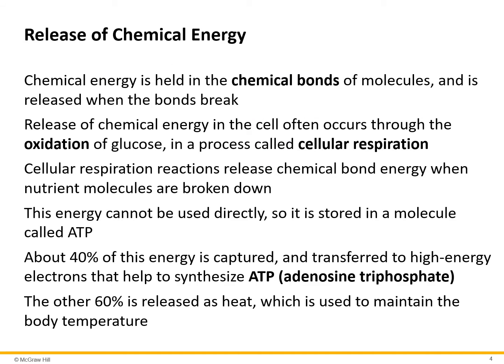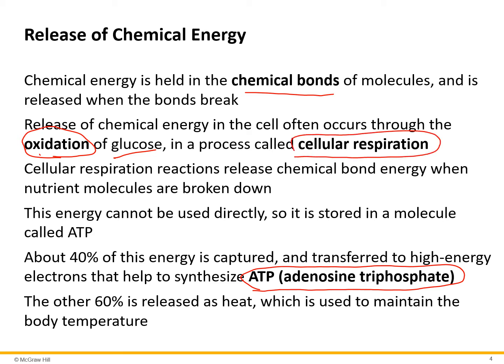So, chemical energy is held in chemical bonds, and the main molecule of energy we have is this thing called ATP. We're going to look at it a little bit. But anyway, the chemical energy in a cell usually comes through the process of breaking down glucose. We call it oxidation. You don't have to know that from me right now. Oxidation is when you're losing electrons. But oxidation of glucose, breaking down glucose, is in a process we're going to look at in another video called cellular